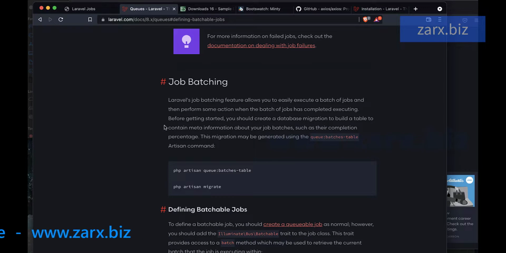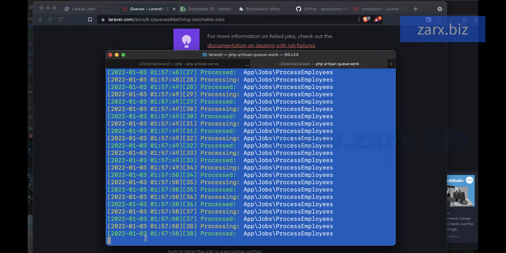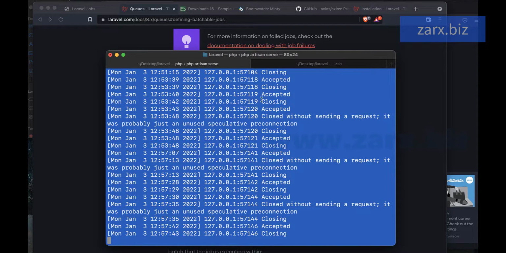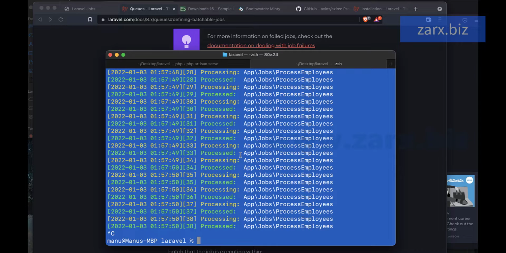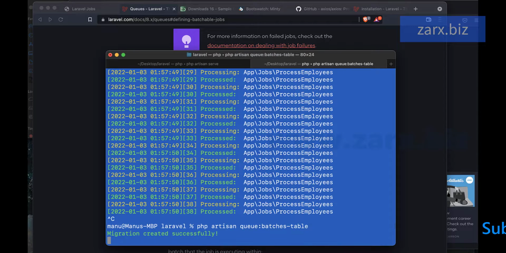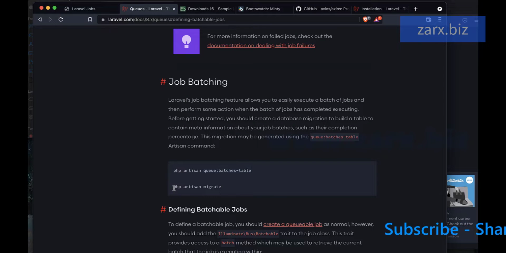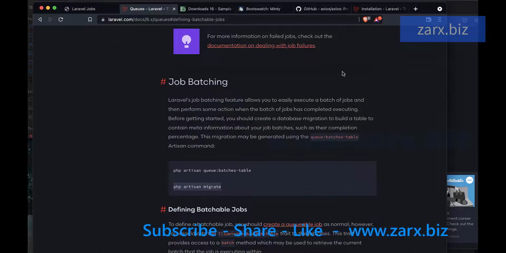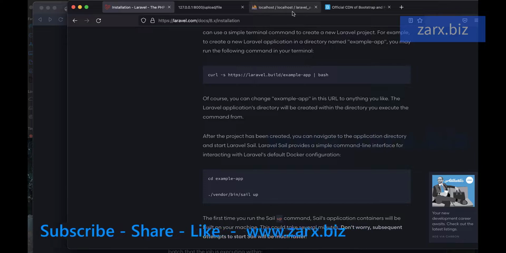Alright, so working with batching, first of all we need to run this command to create a database table. And here I'm gonna say Control-C to stop this processing for now, and I'm gonna run the command here. Once I run this, it creates a migration file. We run php artisan migrate. Now, if I go back to the database, we will have the